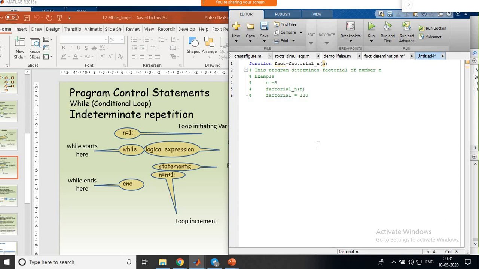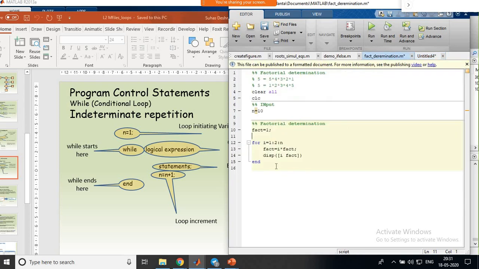So these are all to be put into the command window, and this will be the output from the command window, equal to 120 something. I am writing this for illustrative purposes. These are only comment statements. They will not be used for execution.